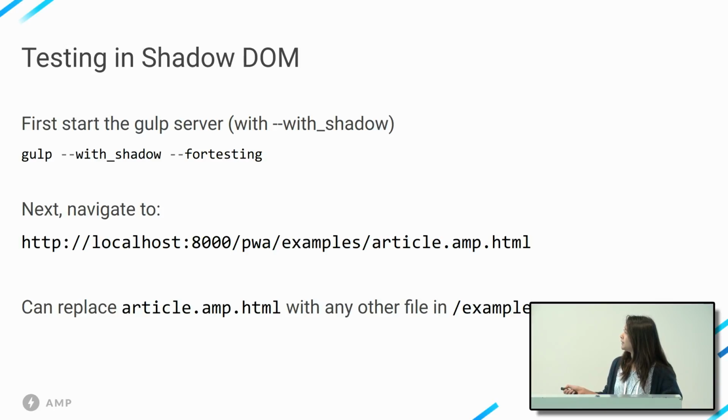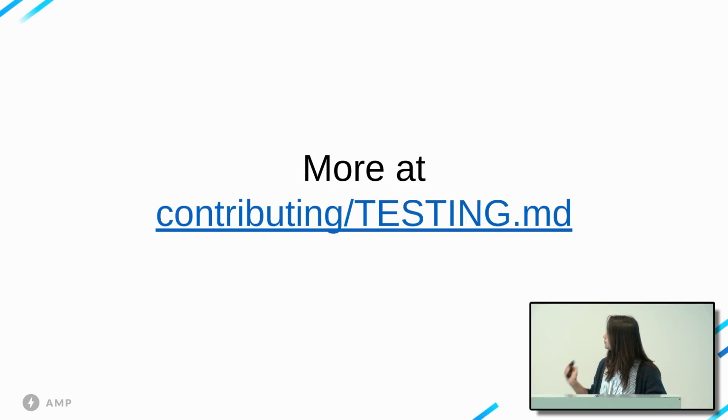8000/pwa. And I previously mentioned an examples directory or a test/manual directory, but you can basically append the path of any file that you want to test after the PWA. So you can replace that with any other file in examples, actually, or test/manual. Cool. So more on this in the contributing folder under